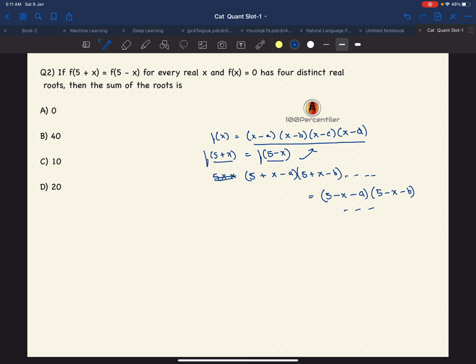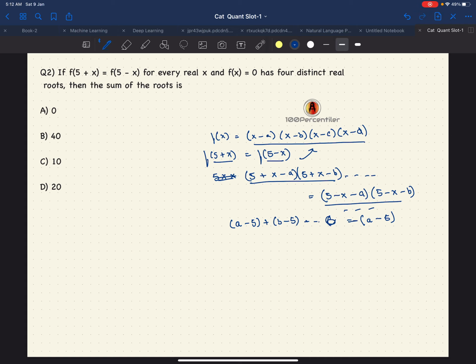Now if these two polynomials are equal to each other, the sum of the roots of this particular polynomial should be equal to the sum of the roots of the other polynomial, and therefore we can see that the first root here is a minus 5, plus b minus 5, and so on, which should be equal to the root here, a minus 5,